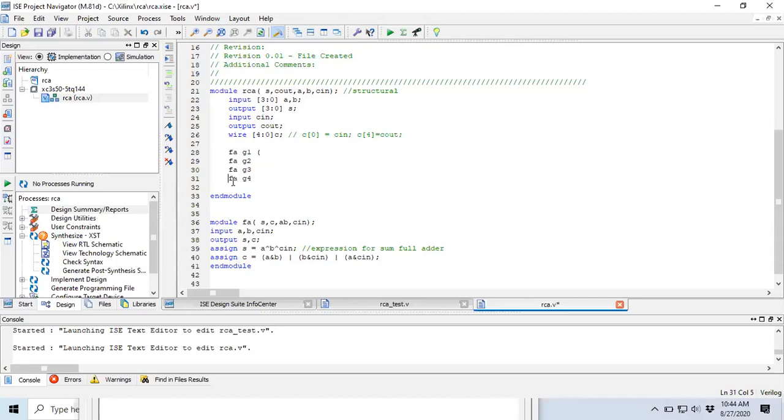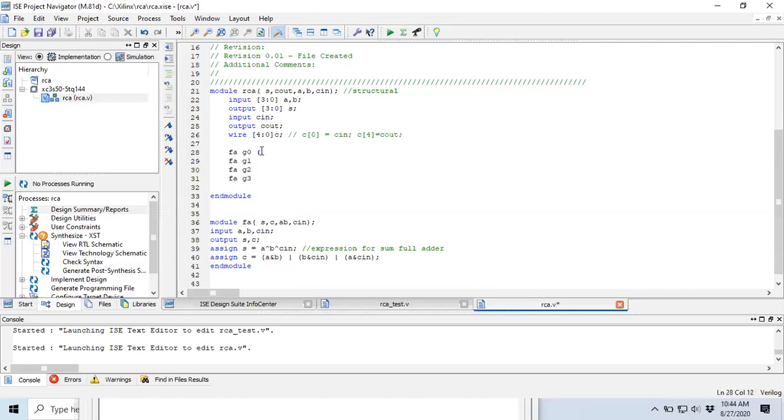If I write once, it is enough, because this module only comes into existence over here. So full adder G0 only I will write, because it is easy for us. G0, G1. So I will write G2 and I will write G3 over here.